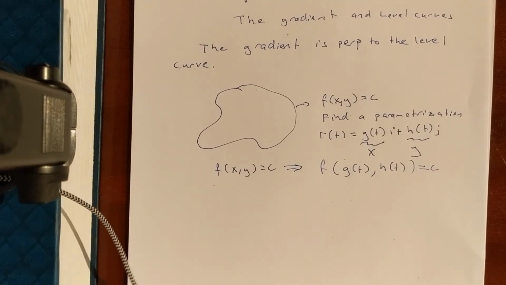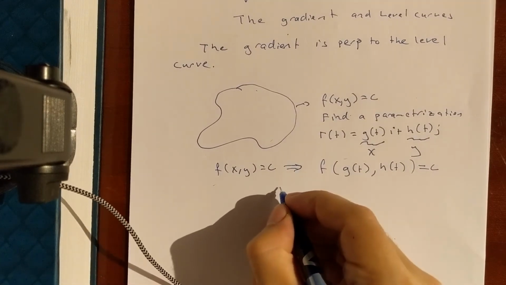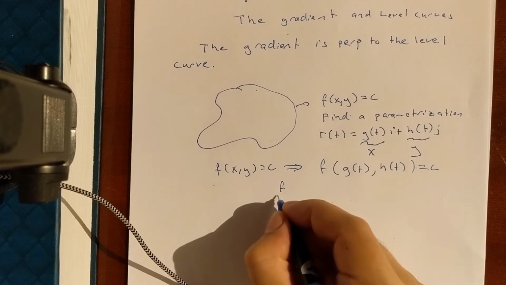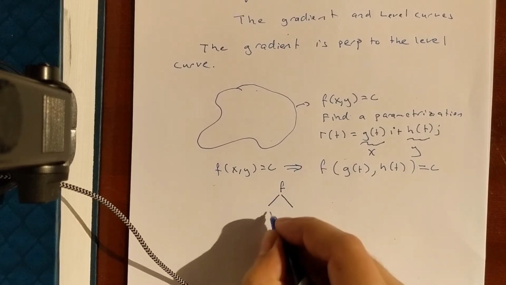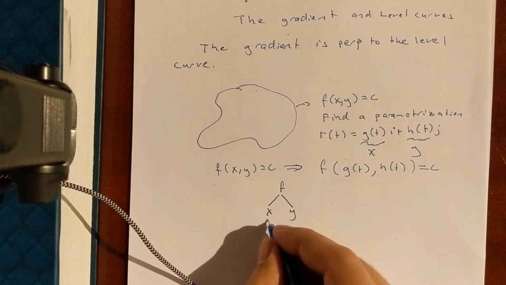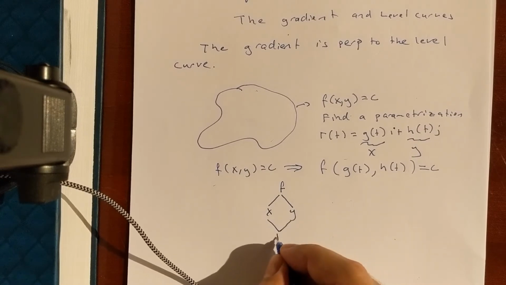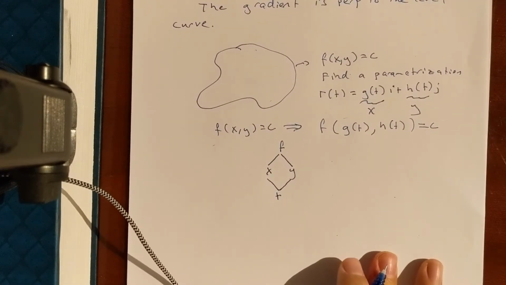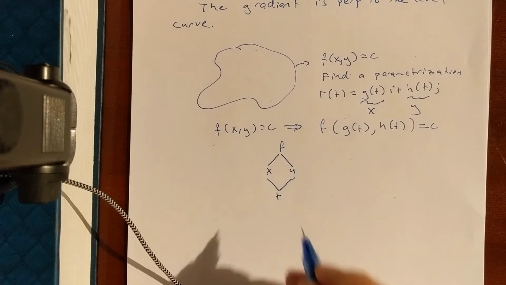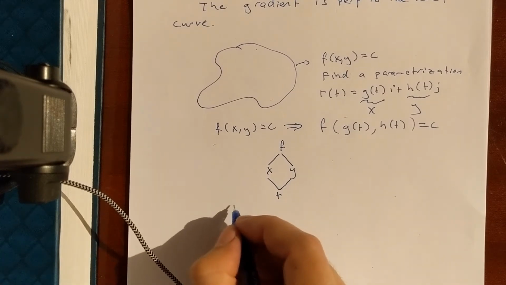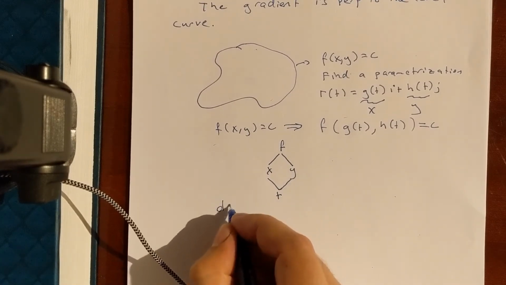Remember, this goes back to our chain rule. We have this function f as variables of x and y, and they are themselves variables of a third variable t. These were the intermediate variables. This was the free variable. So if I wanted to write df dt,